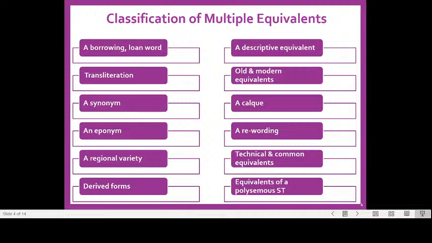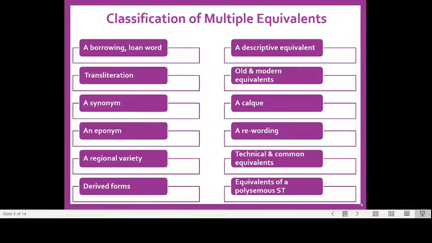The multiple equivalence can be a borrowing and a loan word, can be a transliteration, can be a synonym, can be an eponym, can be a regional variety, can be derived forms, can be a descriptive equivalent, can be an old equivalent and a modern equivalent, can be a calque, can be a rewording of